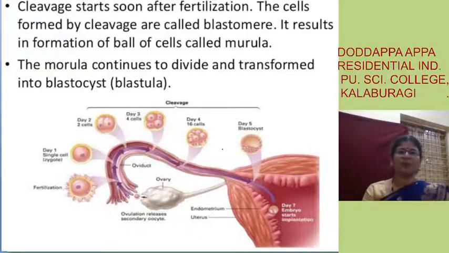So cleavage usually occurs in the fallopian tube itself. Fertilization takes place in the upper part of the fallopian tube, it has been shown here. But you have to remember that in the upper part of the fallopian tube, the fertilization will occur and the cell will start dividing through the cleavage, that is through the mitosis. 2 cell stage, 4 cell stage, 8 cell stage, like that it will form. When it will reach 16 cell stage, this is the morula, then blastula. Fine. This is when the zygote will be in blastula stage.